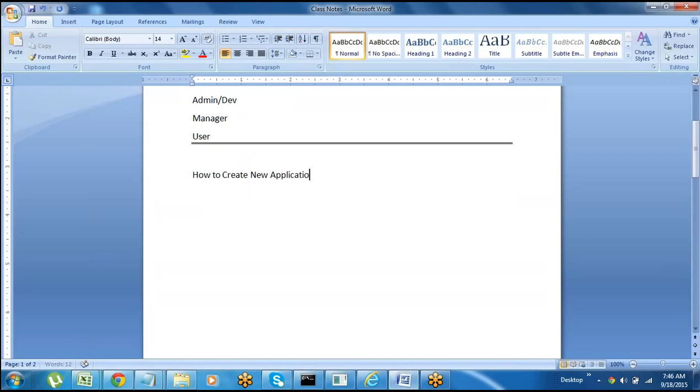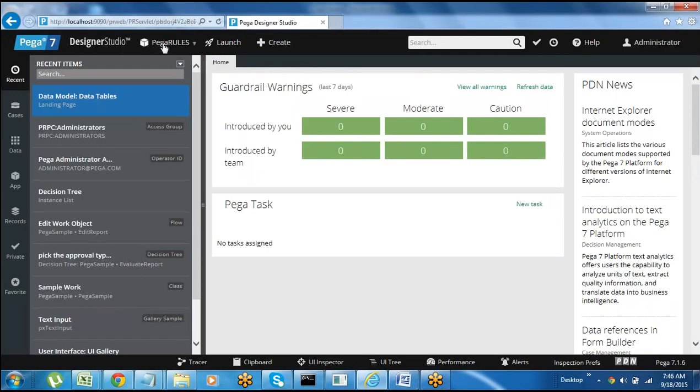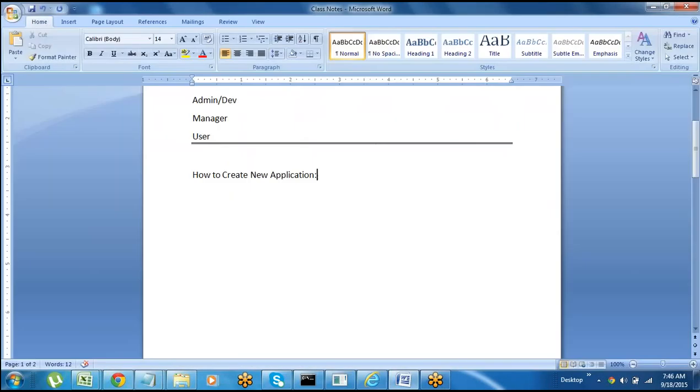So if you want to start from scratch, we compulsorily cannot use the default application you get with the default operator. From here we are going to create our own application, and it will generate some user IDs. We have to log in with those user IDs. So how do we build a new application in Pega?